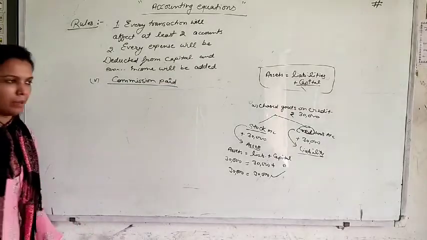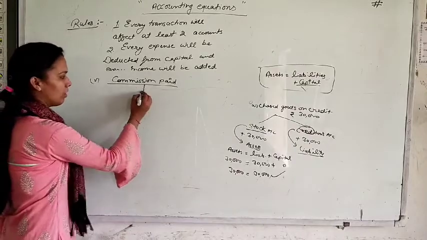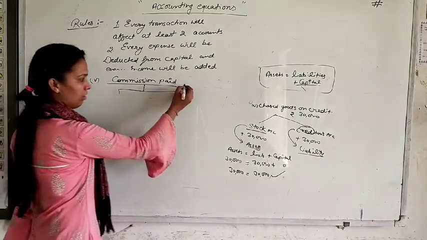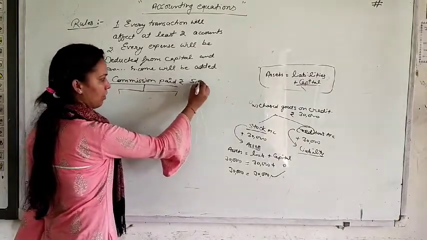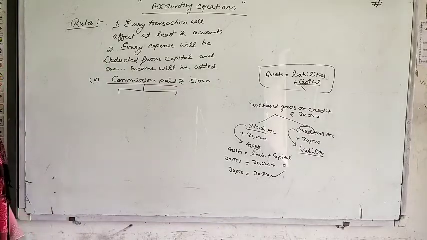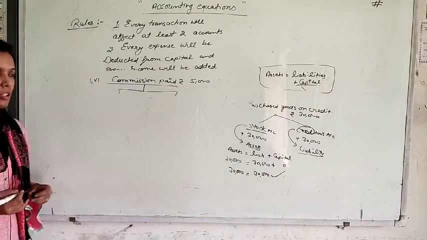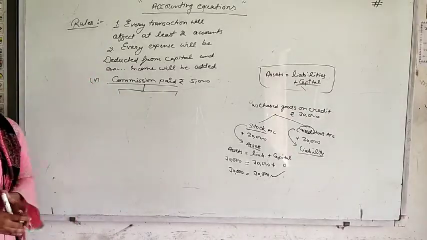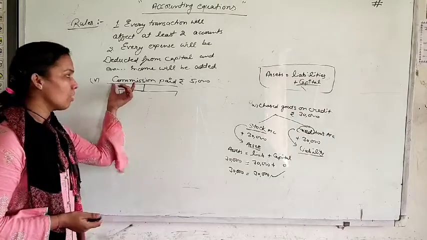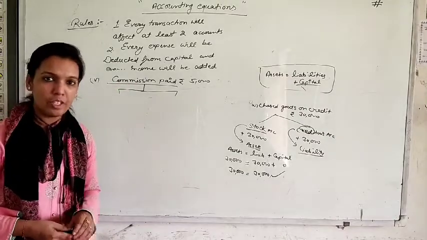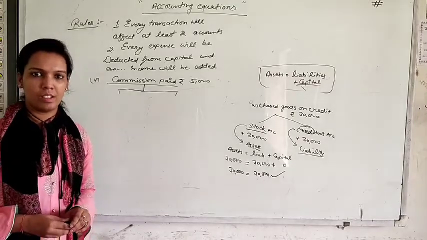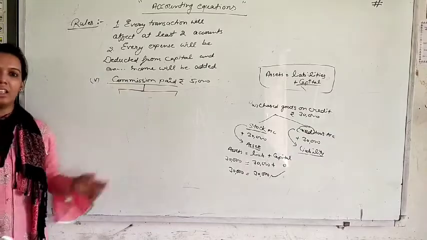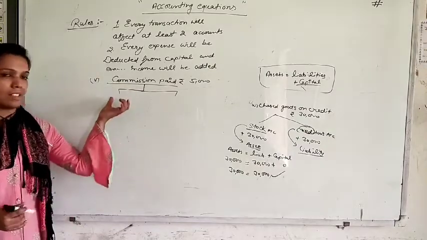Commission paid. Okay. What is the account that will be affected by this transaction? Let's take an example of rupees 5,000. Yes, but before it I will tell you one more thing: you have to identify in the transaction whether it is an asset or not. Commission is not your asset. Commission is a kind of expense in your business. Commission, salary, rent, these are your expenses. So these will not affect any asset directly.